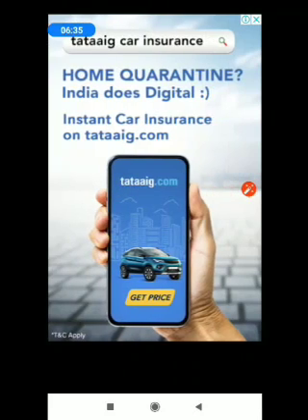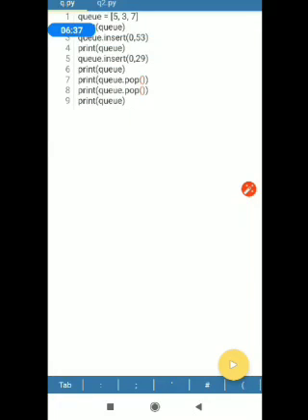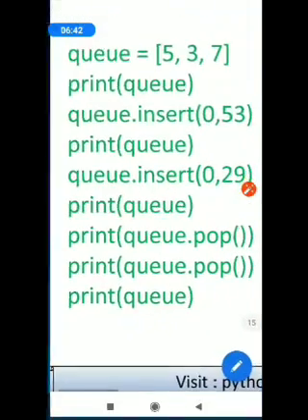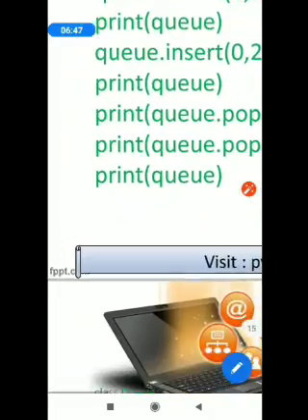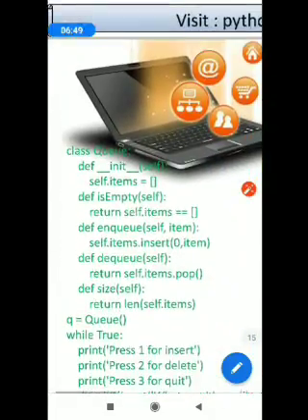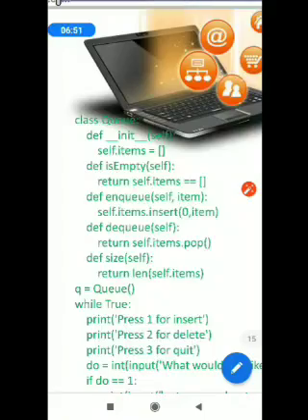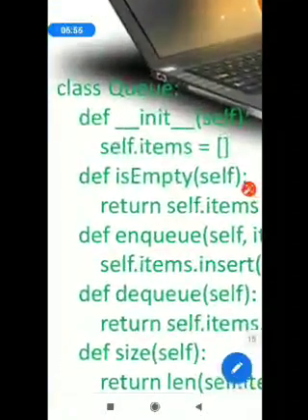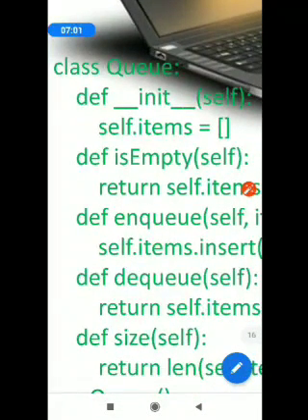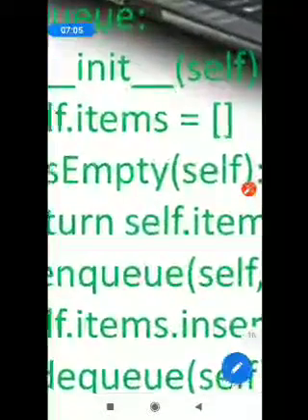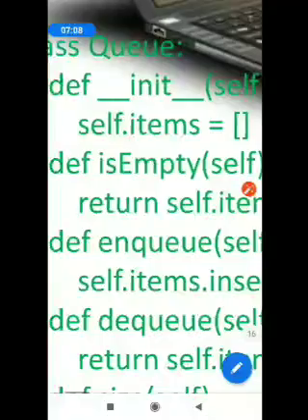One more program I have written. I'll show you that, but before that let me explain this. The complete program of Q with the help of a menu I have written here. In this Q program I have created a class Q. Inside the class I am writing the dunder init function, which will create the empty list.